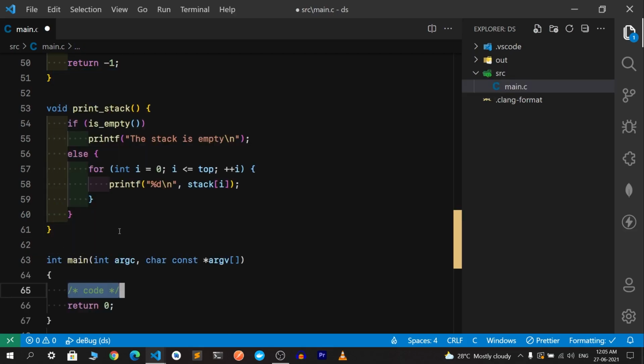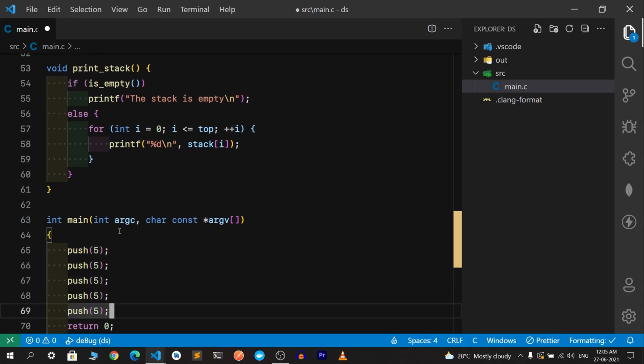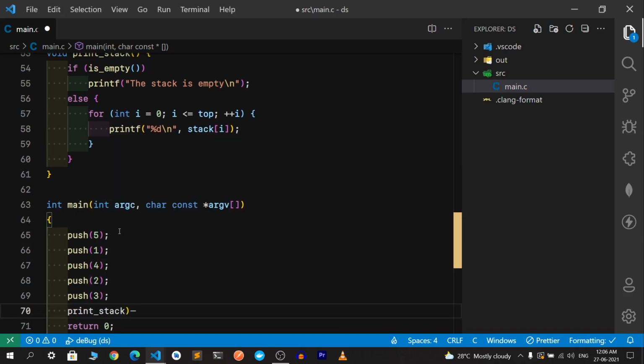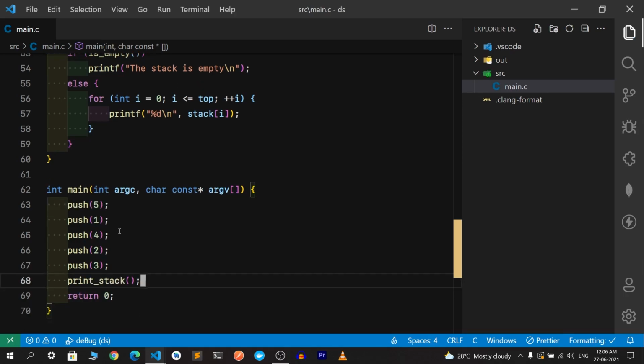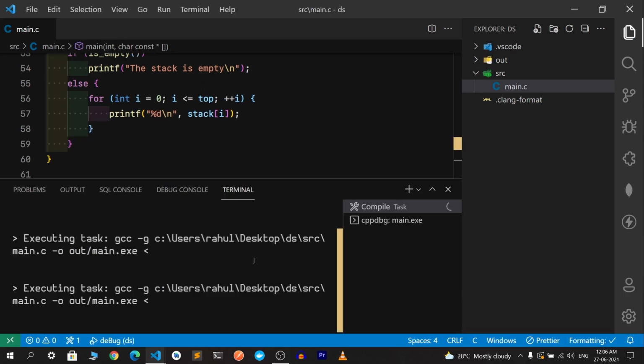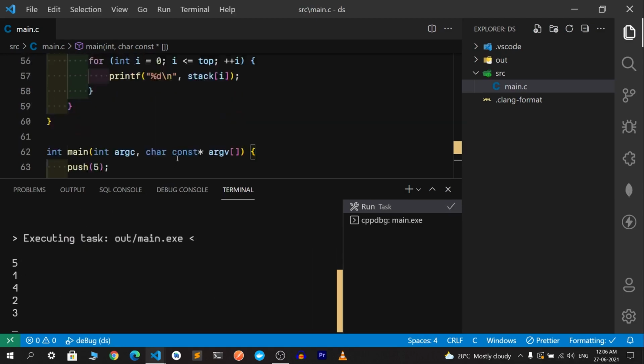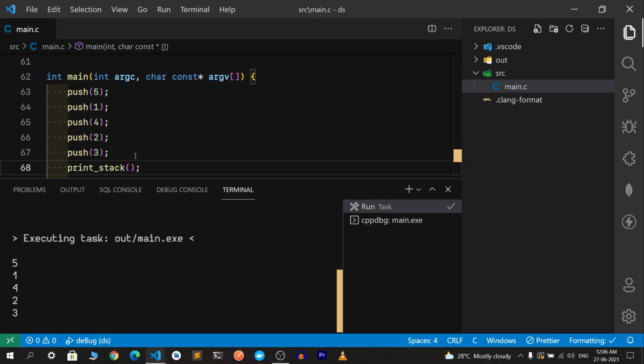Now let me implement the main function, and let me just add some push functions over here. Oops. Why am I getting that name wrong? I'll just go through the maximum limit over here. So 5, 1, 4, 2, and 3. Cool. Now I'll just print the stack function like this. Now I'll press Control Shift B. It'll first compile my code, and then it'll run my code, and it's going to show 5, 1, 4, 2, 3. The latest element on the top of the stack is 3, but we are seeing 5 over here because